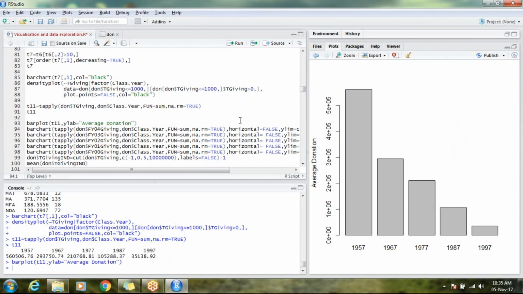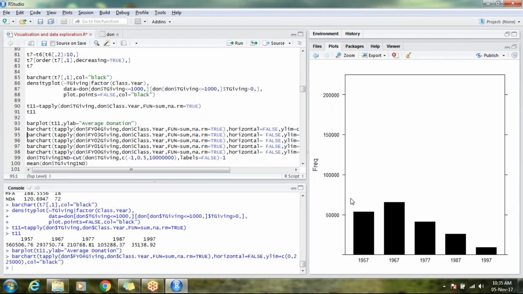Now if I'm making a year-wise analysis of what has been the contribution for a specific year, let us try to do that and understand. So for 2004, let us see. The 57 batch is less, but 67 has made a larger contribution that year. Then slowly it goes down. So here I'm making a year-wise analysis, not prediction actually. Now for 2003,